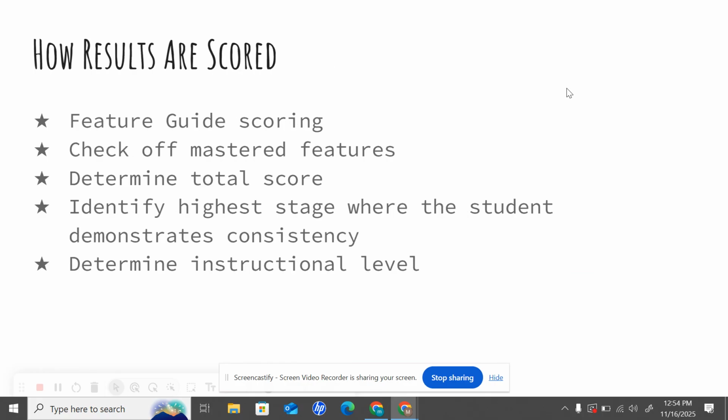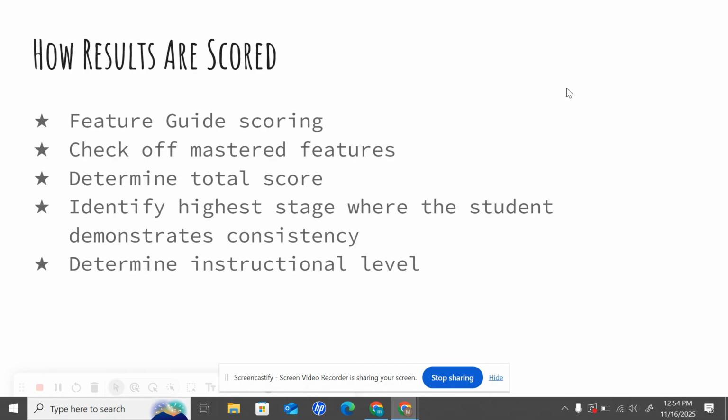So after the assessment, I would score the inventory using the feature guide, and each word contains multiple spelling features, such as digraphs or vowel teams, and I check off the features the student spelled correctly. I total the number of words mastered, and then determine the student's developmental spelling stage. We're looking for the stage where the student is using but confusing patterns, which tells us where the instruction should